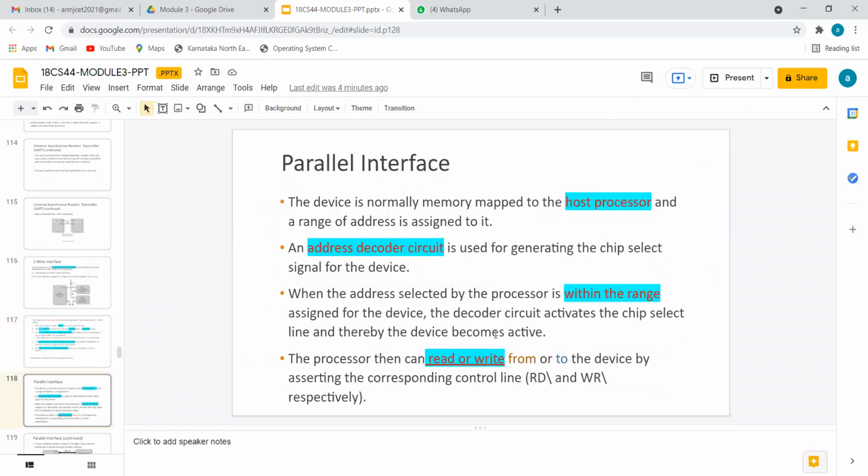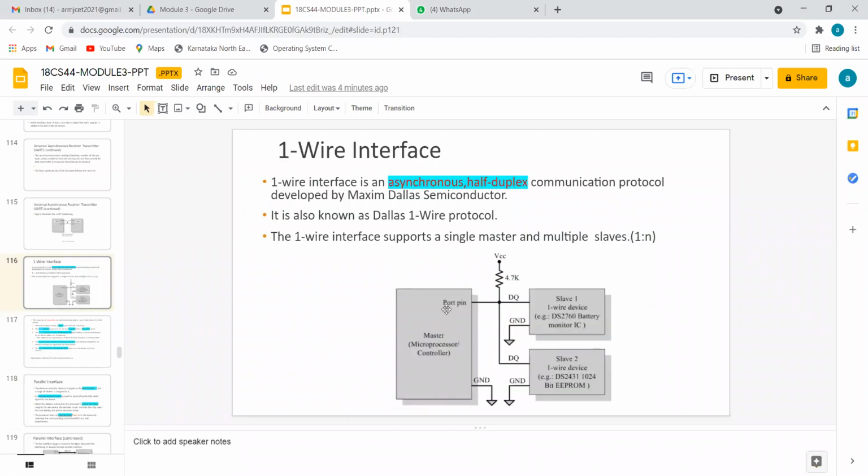If it is a read, what type of data flow? Let me show you. If the master is trying to read from the slave, data will go back to the master. If the master is writing, data from the master will go to the slave. This is the direction. For anything, the same wire is used. There is no different wire.